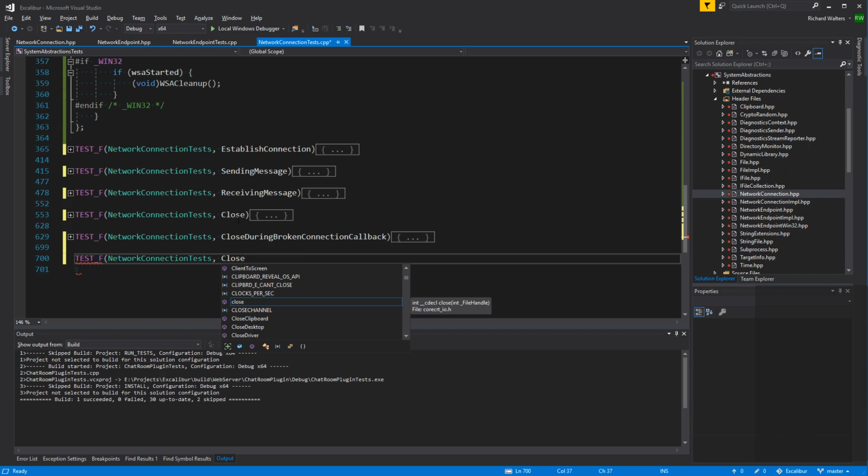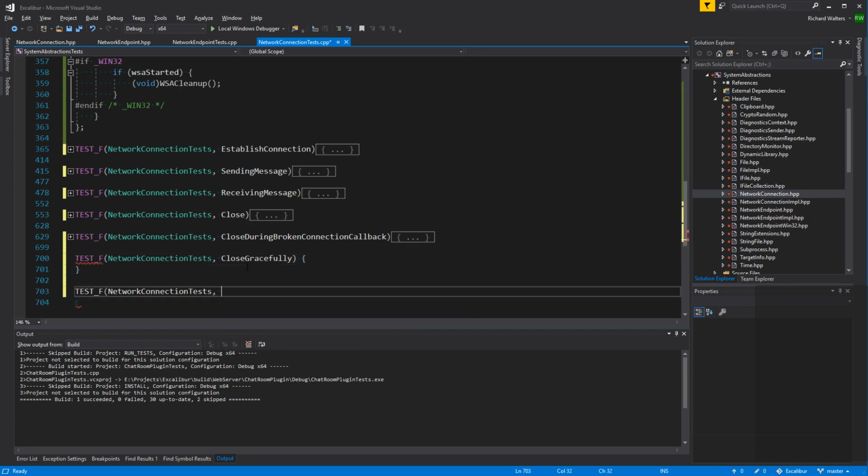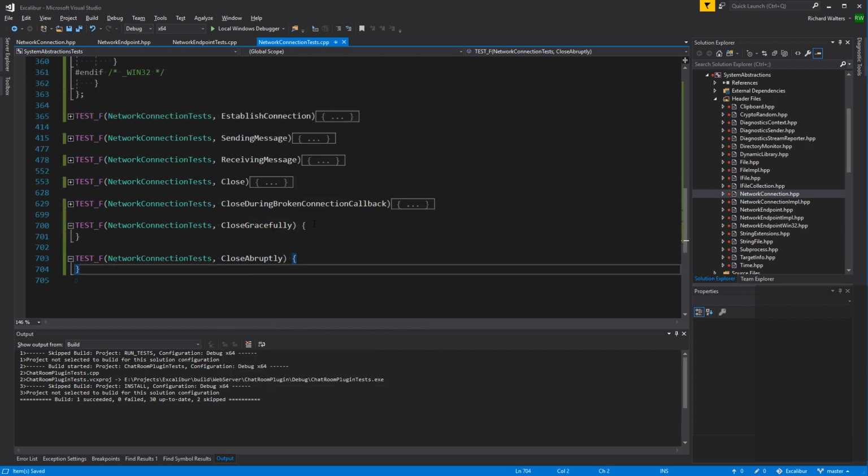Maybe we'll get rid of this one, this original close, and we'll replace it with two here. Close gracefully, and then close abruptly. Yeah, so